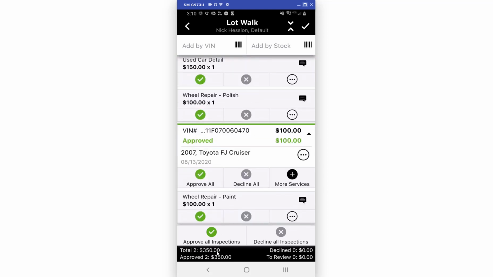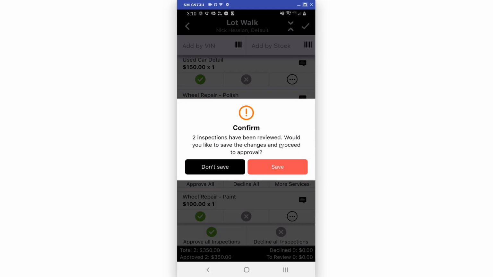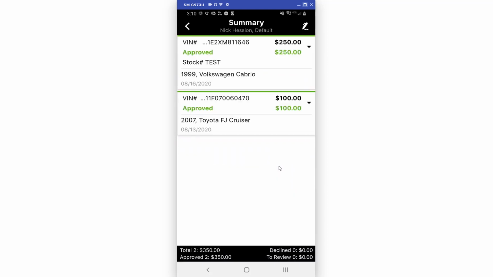It'll say you have a total, what the grand total is for the two inspections. And then when I'm done, I'll just go ahead and click on this checkbox, which is going to ask me if I'd like to go ahead and save. So I'm going to save it. And from here, it's going to have you start getting an approval with the signature. If you want to back out, you can go ahead and click on the back button. And then if you want to save, aka also get an authorization or a signature, you can go ahead and